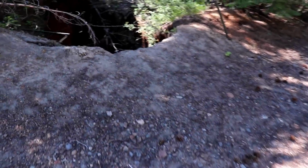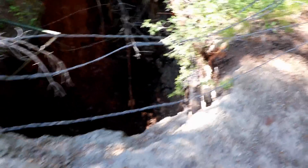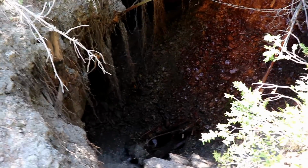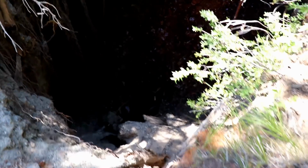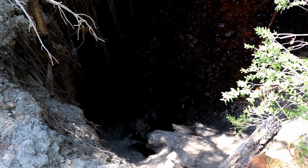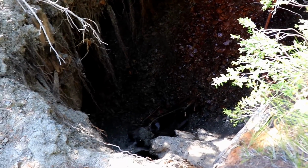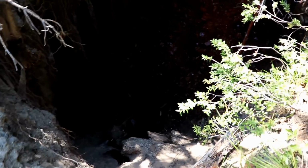But right here is something interesting. I'm not sure this is part of the Golconda or the Columbia. But I believe this is a stope that's collapsed in. You can see some timbering down in there, some big bolts. This might have been a shaft, but I don't see much evidence of a waste rock pile around it. Looks to me like a